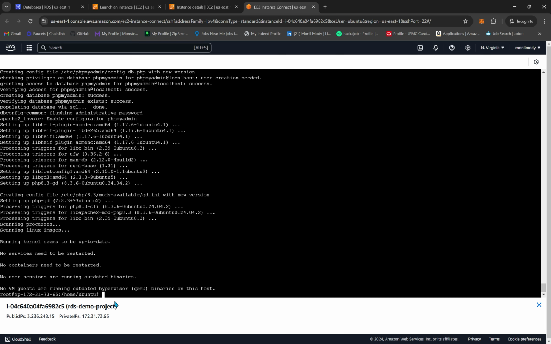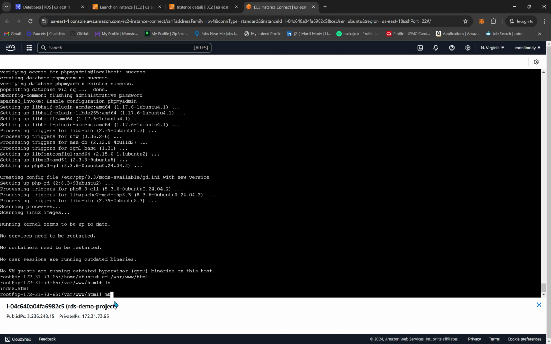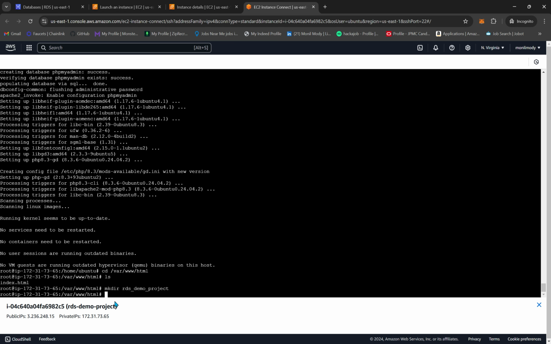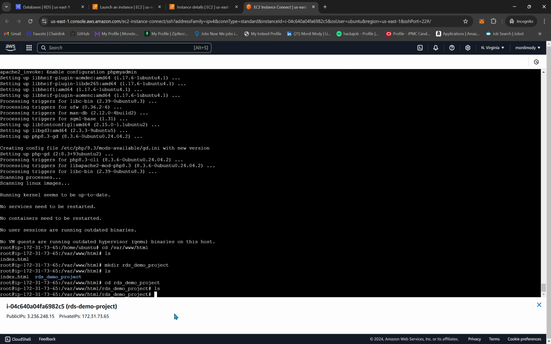So we need to go to cd /var/www/html, and we can do ls, and we need to create a folder for our RDS project. So let's do RDS demo project. Let's do ls, and then we can do cd RDS demo project, do ls, nothing inside, and let's create a db